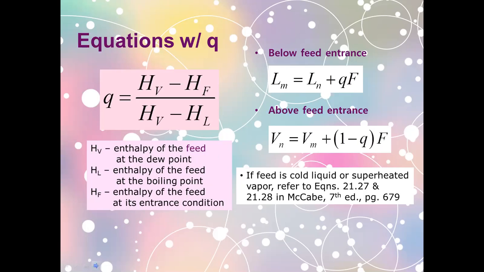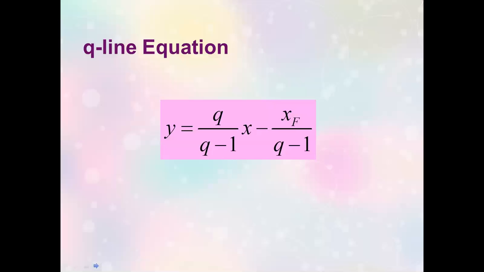Okay, we will have examples of that on Monday on how we're going to use this particular formula. So your Q line, when you draw it in your X and Y diagram, will have a slope which is Q over Q minus 1. This Q line is what we also call the feed line. It's the second line that you draw after you're done with the enriching section operating line. Its y-intercept will be dependent on the mole fraction of the feed and the Q value, which we have correctly